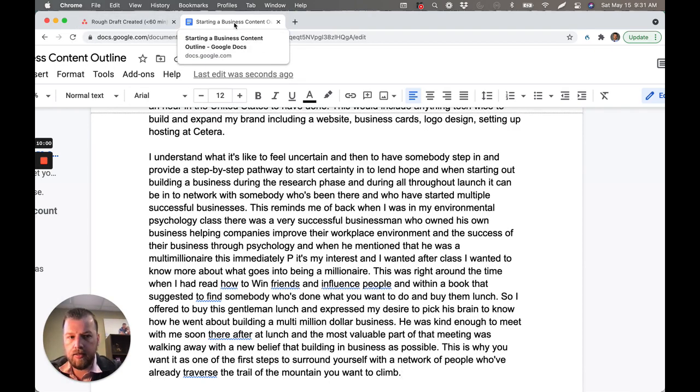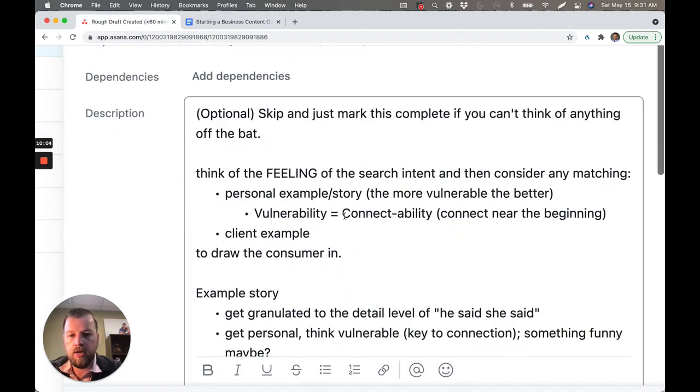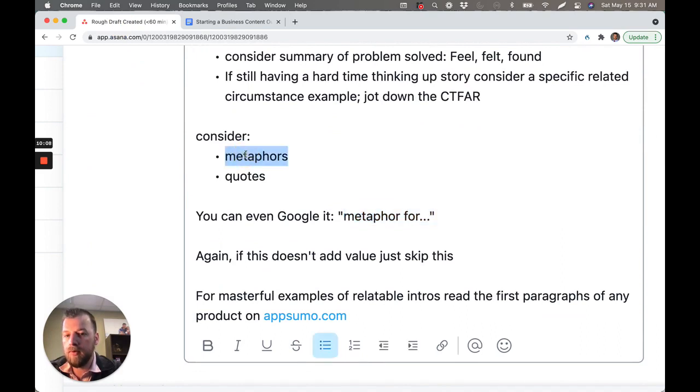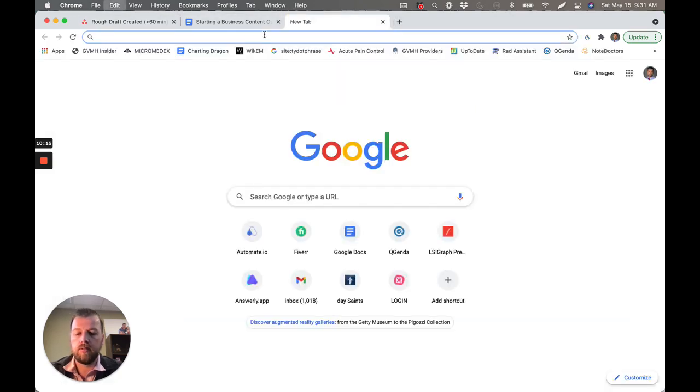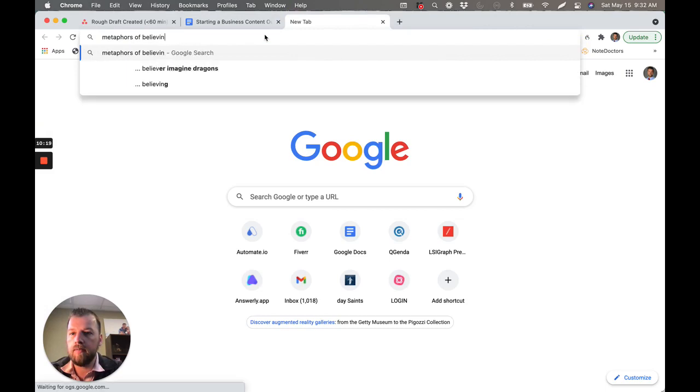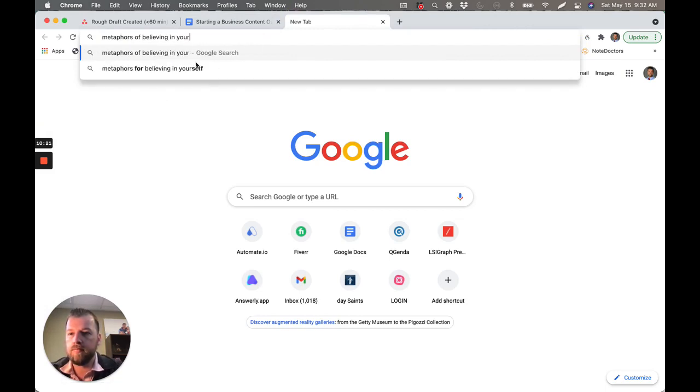So that's the next thing. You want to connect, you want to share something, a personal story or a metaphor. For example, metaphors. What I was getting at here is belief in yourself, right? So let's do metaphors of believing in yourself.